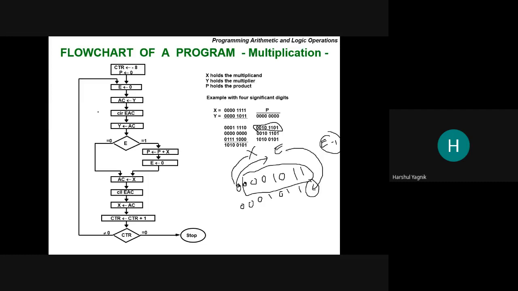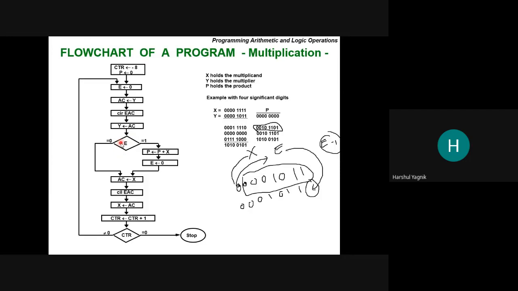The accumulator content after shifting will be moved back into where? Here label Y. Now label Y either will be in the register or in the memory location. Once it is shifted, then it will be checked whether overflow flag is 1 or 0. If it is 1, meaning there is an overflow, then what to do? Then the P variable, which is our product term, right?